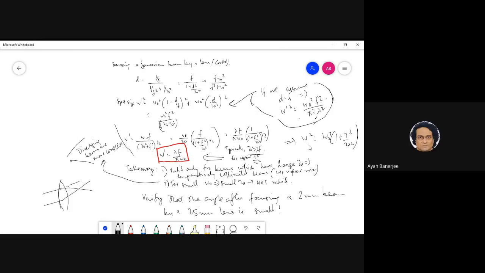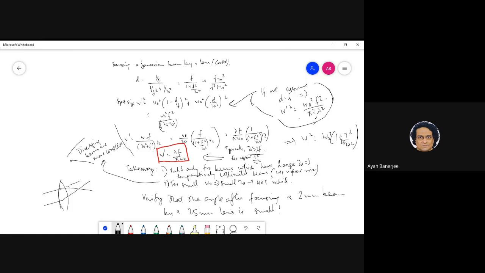What is interesting to me is, if you have a lens which is almost not focusing, does it have any effect on the waist at all? Or does it just propagate like a normal Gaussian? That's what I'm trying to see. So if I have W0, and f is extremely big, comparable to this, does it have any effect? It has a very small effect actually. I'm saying, will this thing be different?